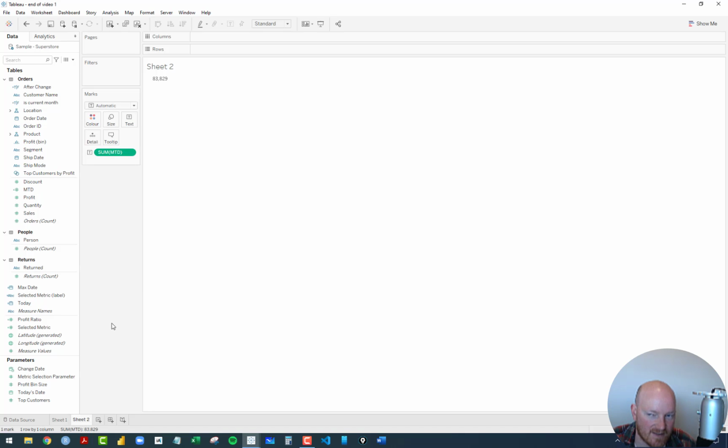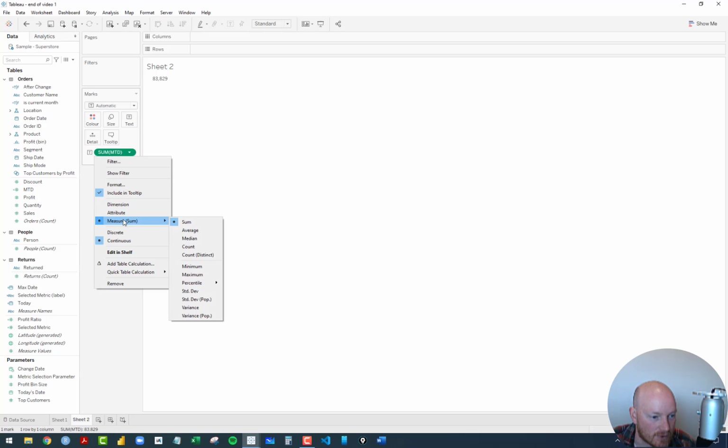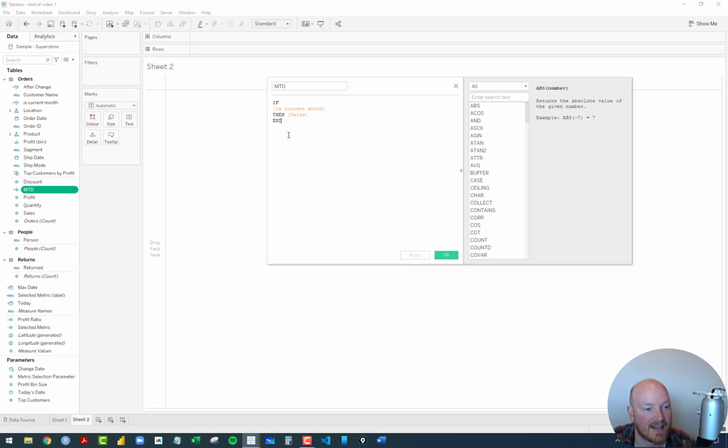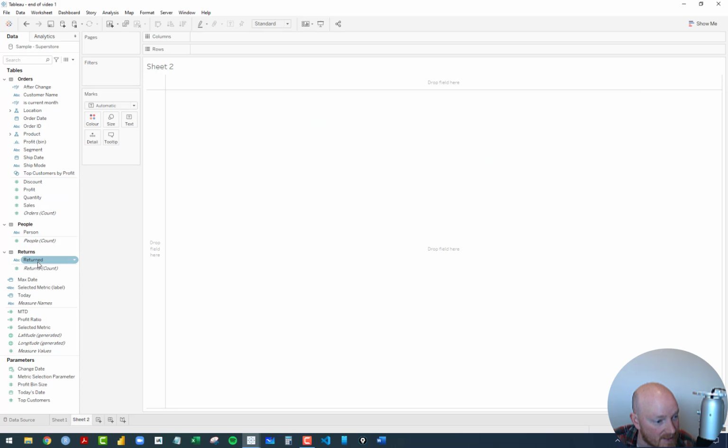But in this case here, there's no real point to do any of the other options like average or max. So what we're going to do is we can actually get rid of that, and we can include the aggregation inside the formula, inside the calculated field. So we can sum that whole thing. So the first bit is it's making this new column, which we don't really need, and then it's just summing it. So when we put that in, MTD,